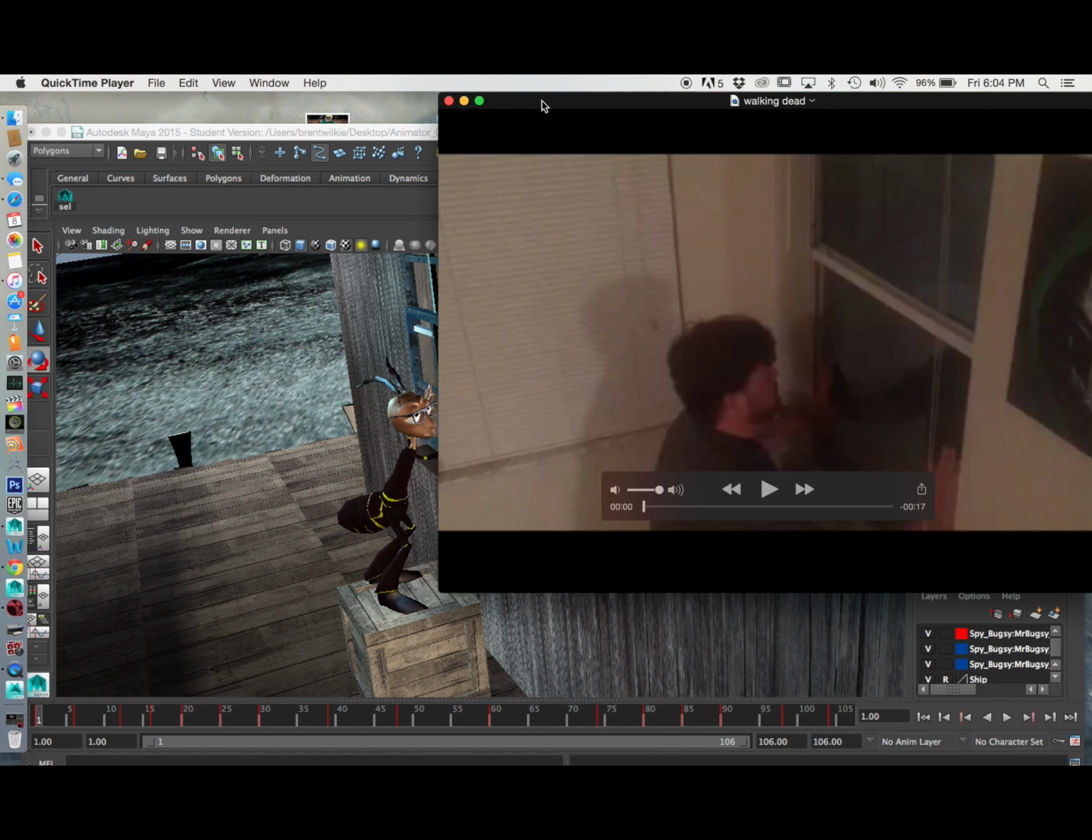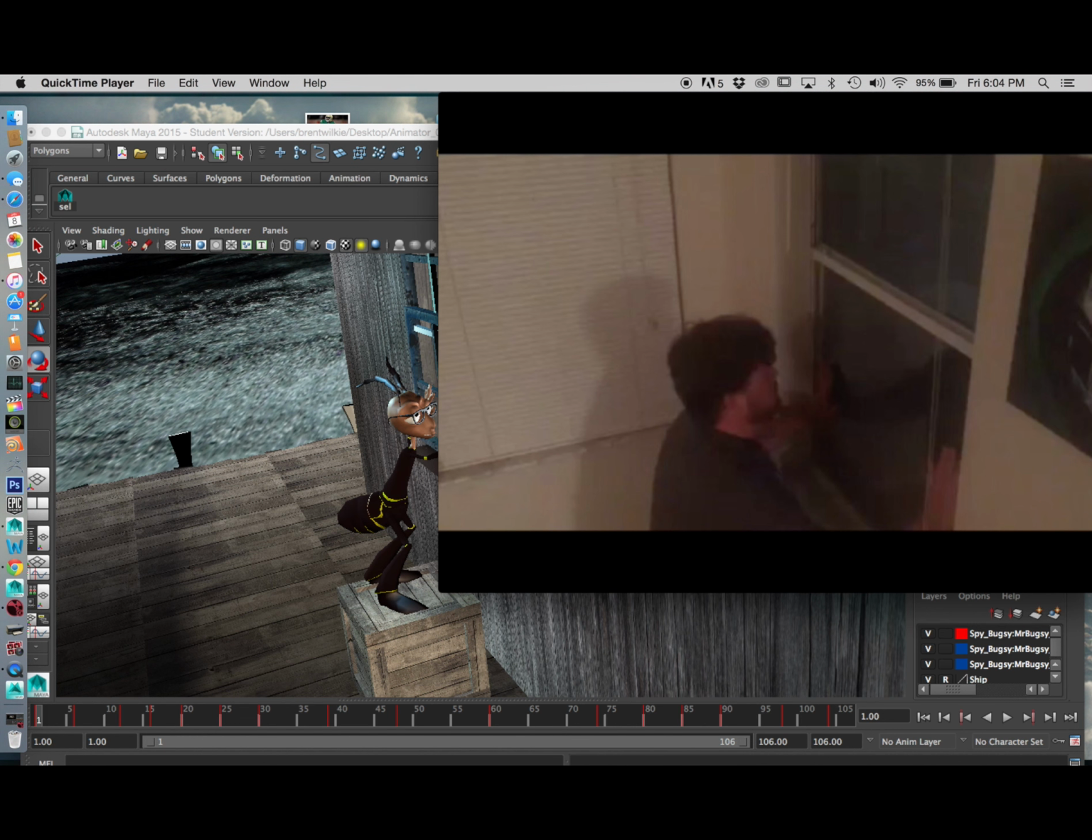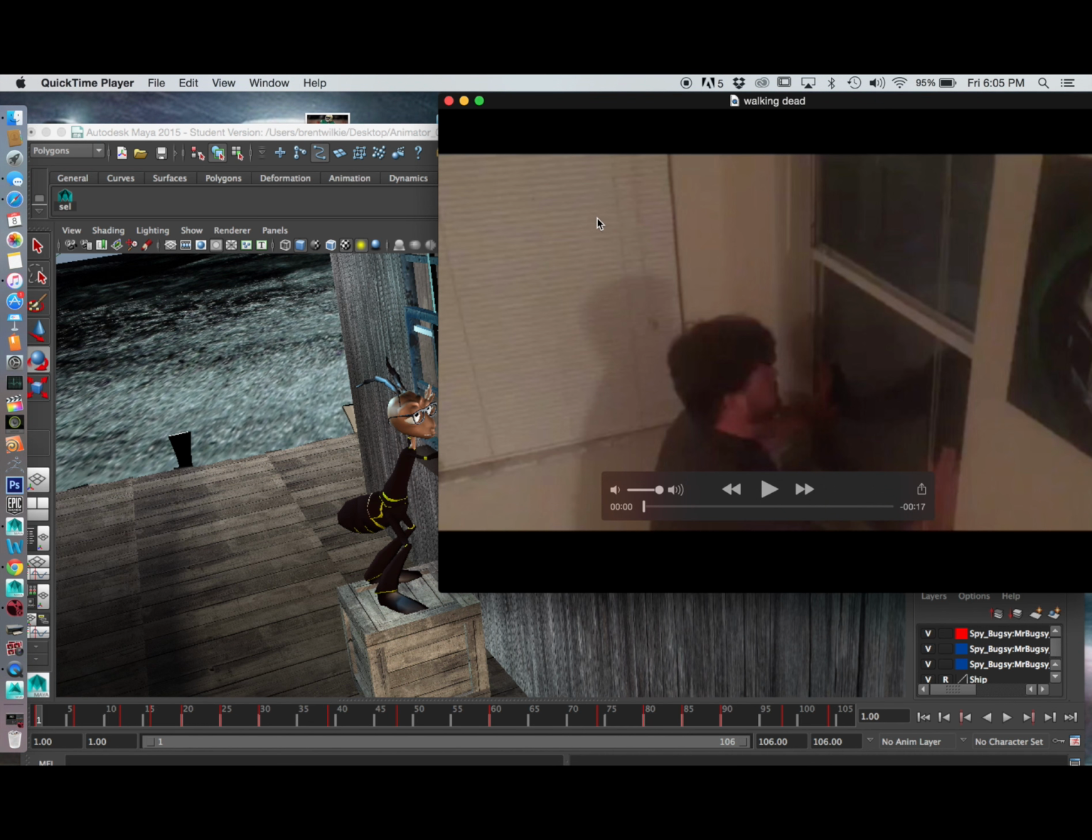Today we will be covering the keys and the breakdowns from my first shot in the sequence, which is shot 5. In shot 5, our hero is supposed to stand on a crate and open a window to climb inside the building to rescue the damsel in distress. Well, our hero is a bit clumsy, so he kind of struggles with getting in the window. Let's take a look